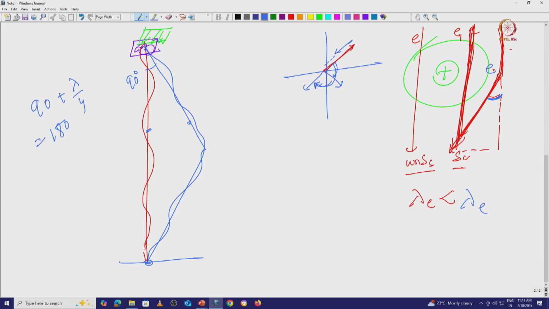I told you to keep the phase difference fixed, don't change it. Now I have another wave, coming and merging here, going all the way here, and this angle is again 90 degrees. The path length of this green one is much higher than the blue one. So in this particular case, we can consider that the path length difference is lambda by 2.